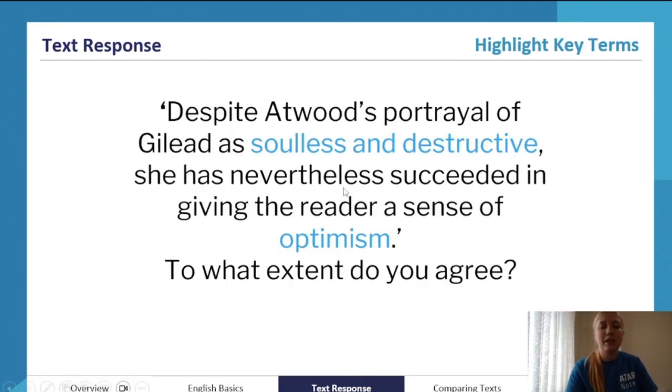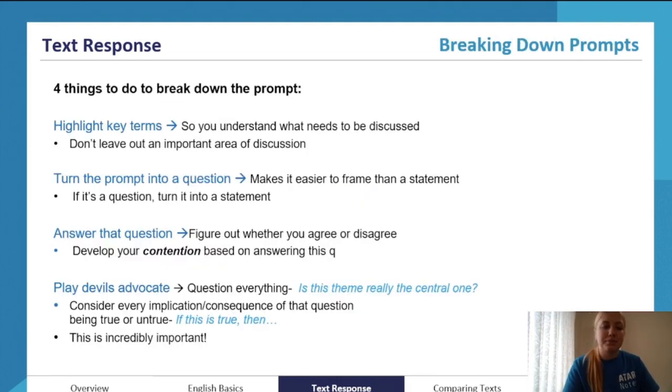For example, is being portrayed as soulless and destructive. We don't want to see essays that only discuss soulless or only discuss destructive or blend these together into one and analyze them as one, because these words have different connotations. So if you get confused on the exam, have a dictionary ready so you can look up exactly what these synonymous terms mean, because you will not get high marks if you don't fully address a prompt. So soulless means someone devoid of humanity, and destructive means destroys things, like relationships, for instance. It could mean different things, so they need to be analyzed as different things.